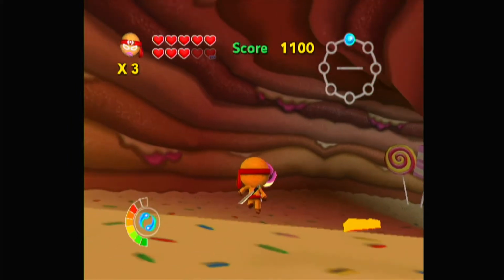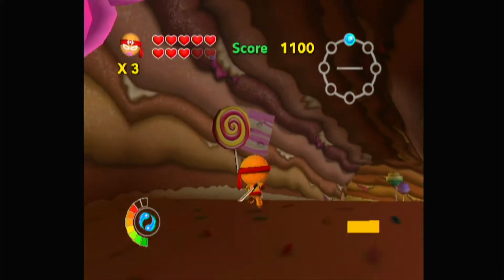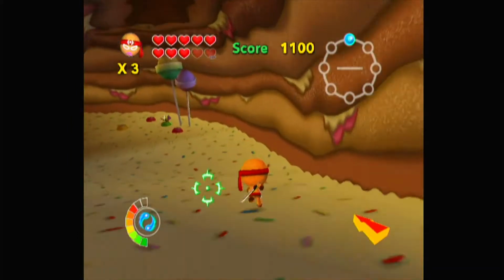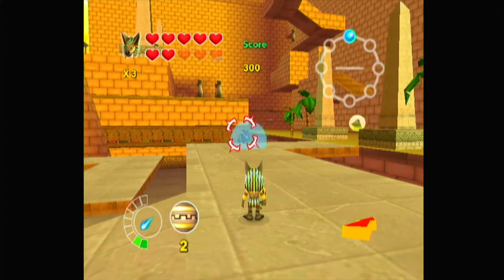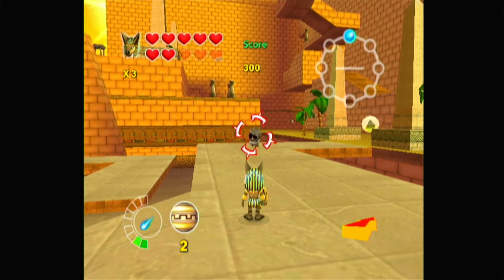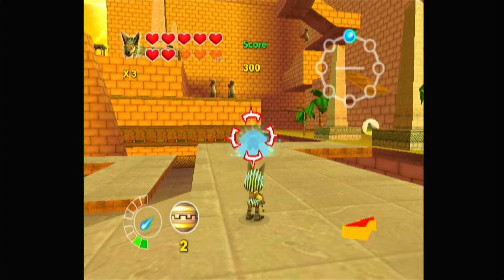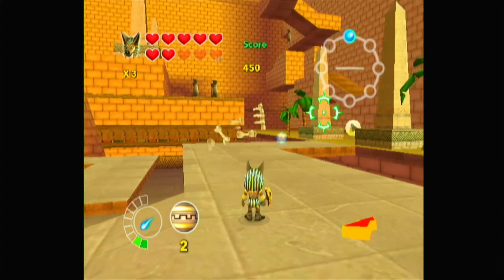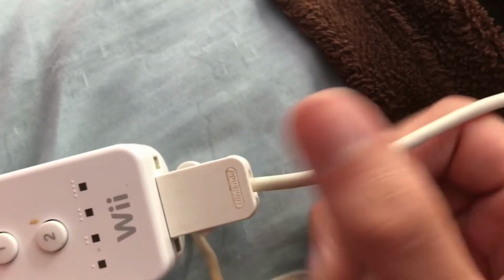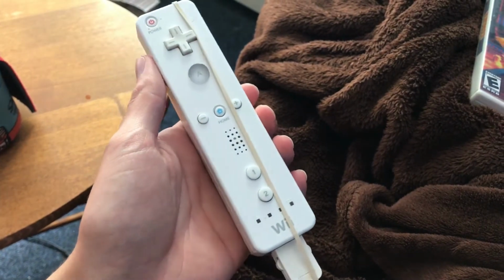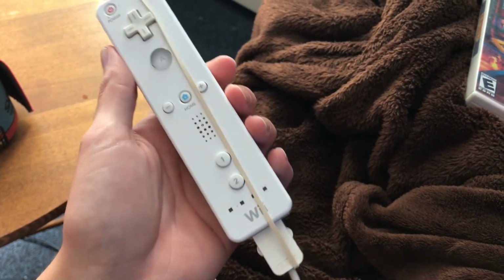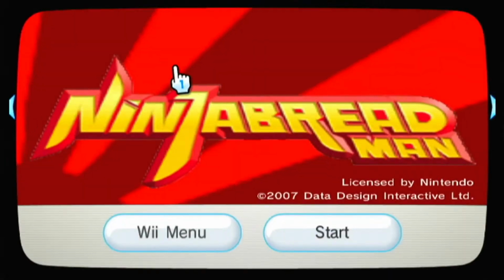The only reason for that is because all of these games are practically the same, so separate videos would be pointless. And also playing all 4 of them in a row equates to one full game. You'll soon see why. Well, let's get started. Turn on the Wii, plug in the nunchuck, strap on that rubber band, and let's get ready for some bargain bin fodder. I'll start with Ninjabread Man first.